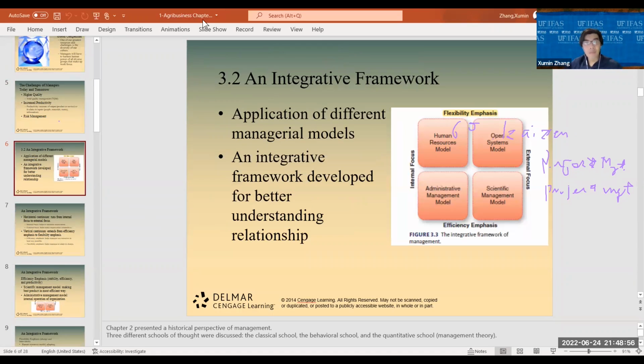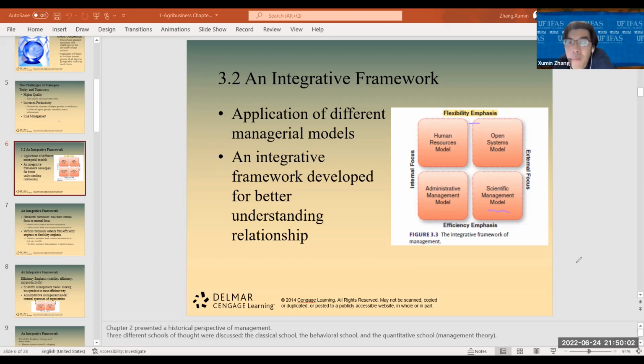Now it's the time that I think I have talked too much, and this is a follow-up of our management theory. But as a manager, we needed to put them together. That's why we introduce you this so-called integrative framework or management framework, application of different management models. Let me remind you, all right? Let me remind you, because we talk about the classic